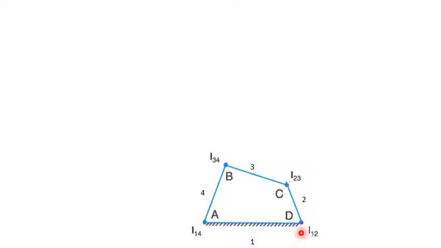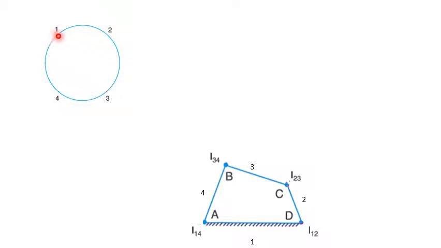So out of 6 instantaneous centers, just by observation we have located 4 instantaneous centers. In order to locate the rest of the 2 instantaneous centers, we have to follow the circle method. So now let us see what the circle method is. First of all, you construct a circle of any radius. You take any radius and draw a circle.